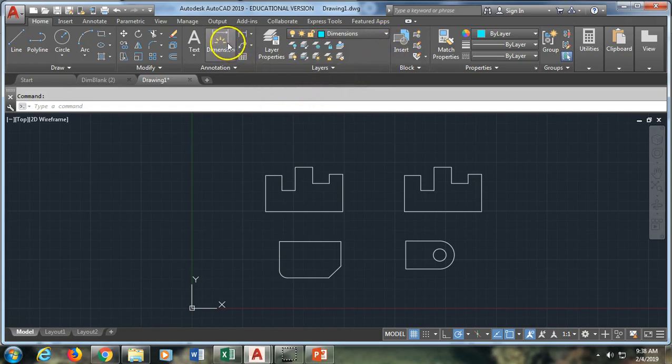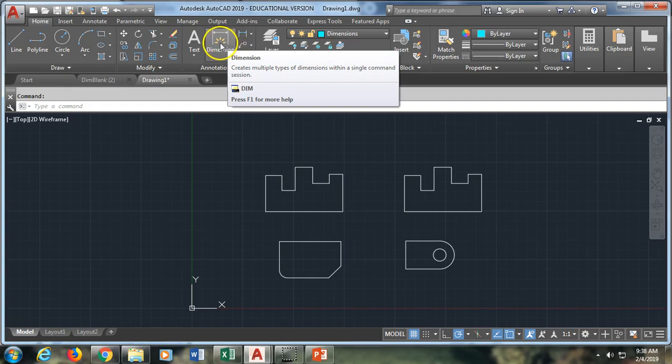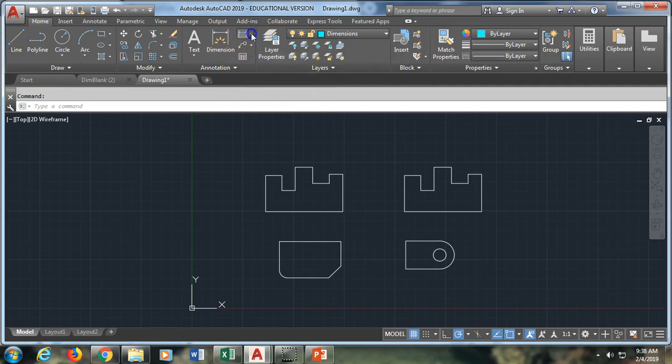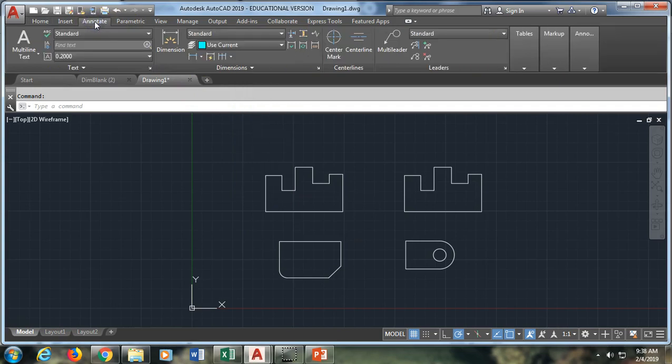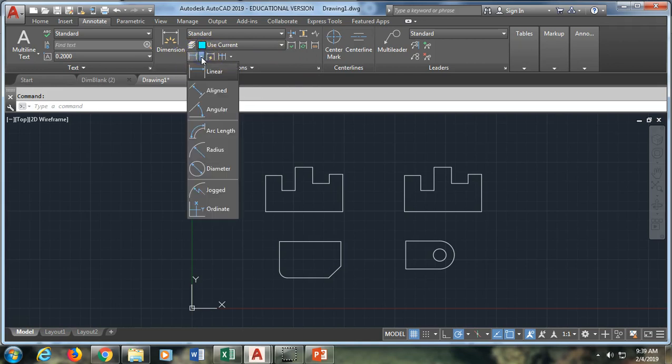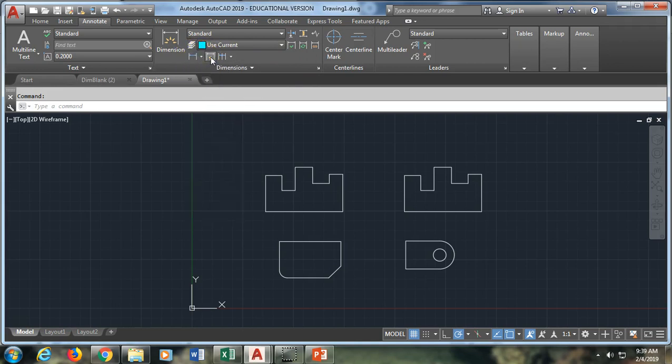You can see that here there is what's called the quick dimension. This will create the most common dimensions in your object by clicking on it, but it doesn't give you very fine control. There is also a drop-down menu here of the different kinds of dimensions that you want to do. But if you're doing more than one dimension at a time, the easiest way is to go over here to the Annotate window, because now I have the drop-down for all my different dimensions, but I also have access to